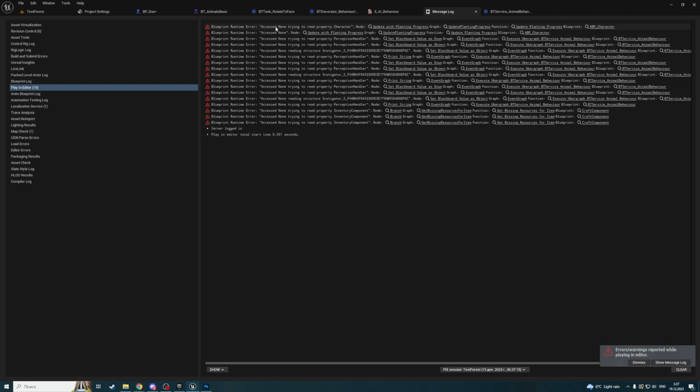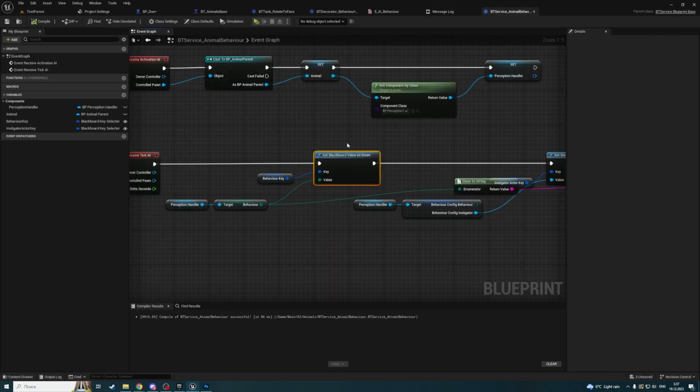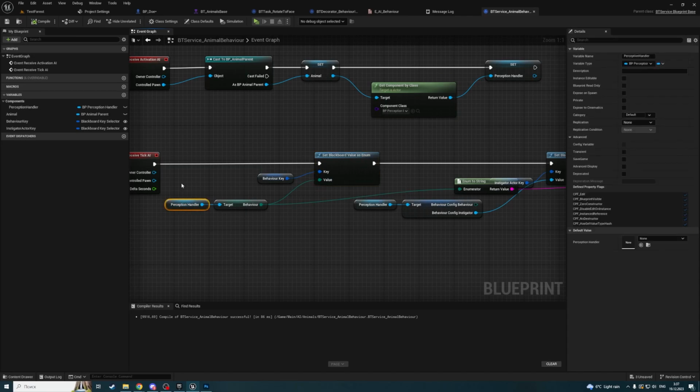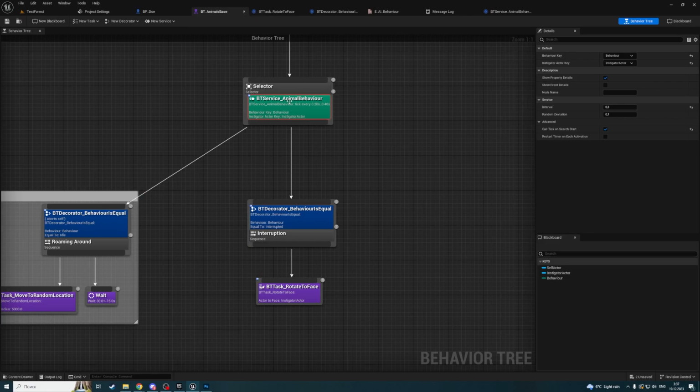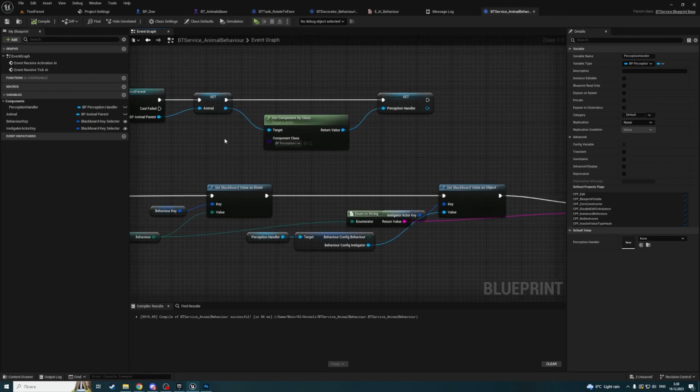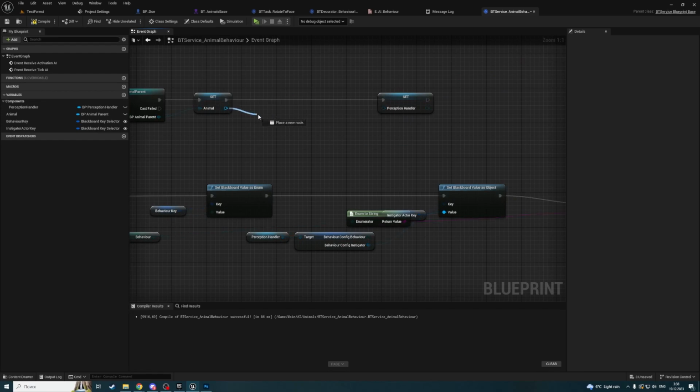Set blackboard value, access none, trying to read property character. Okay, access none, and trying to read property perception handler. Okay, it was enabled to read perception handler. Did I edit? Yes, I've added it, BP perception handler. Also, on our service, we're casting to animal parents, so we don't need to get component by class. We can just get